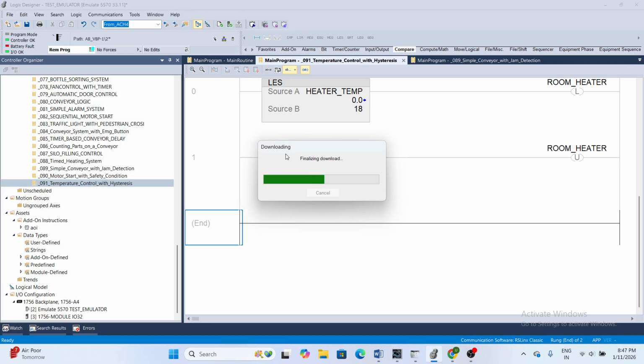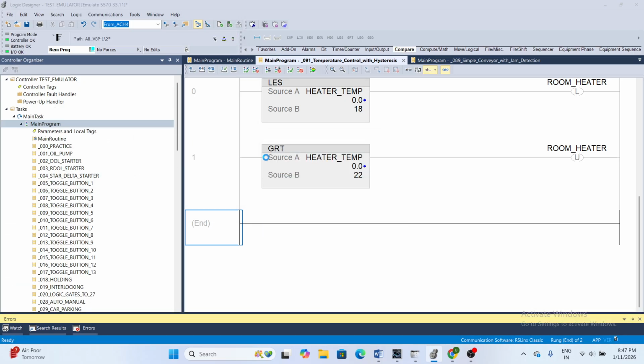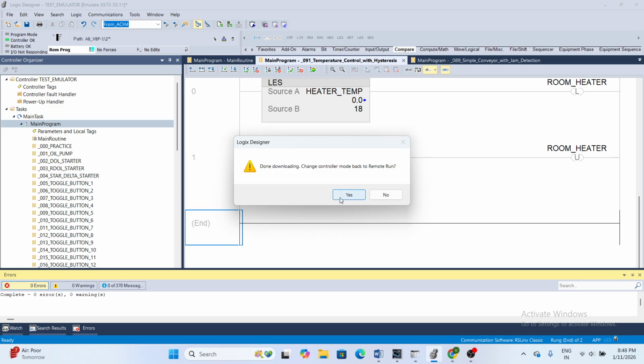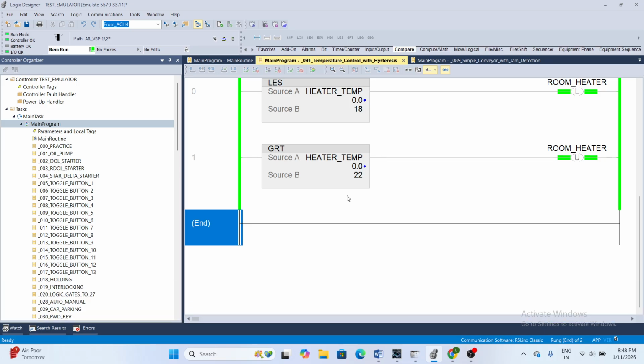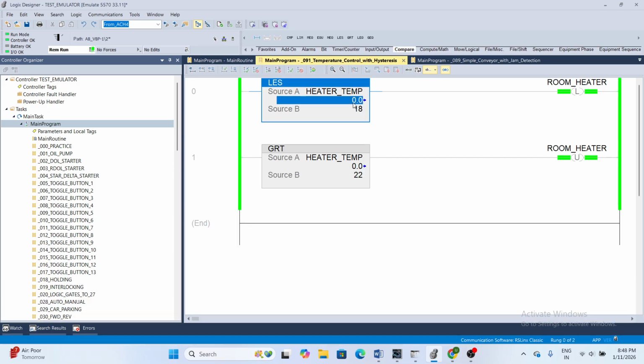it will be downloading. And then I have to click on yes. Now the temperature is 0 degrees, then 20 degrees, and the room heater should be on. When the temperature goes to 20.29, the room heater will also be on.